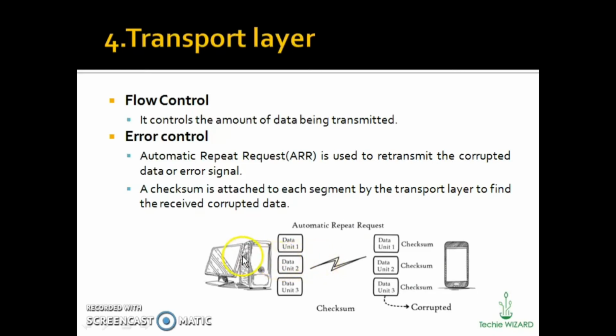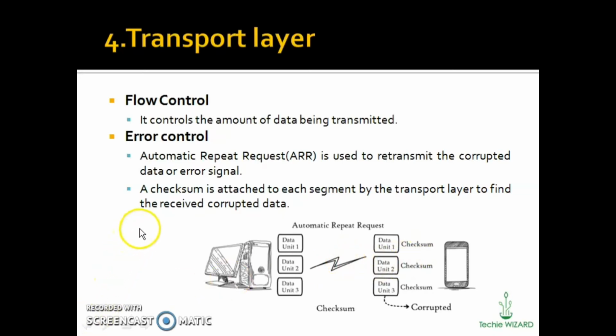And in the same case, if the computer sends the data at a much lesser speed than the mobile phone, which has 10 Mbps, then you can request the PC again through the same flow control in the transport layer to increase the speed and send the data.